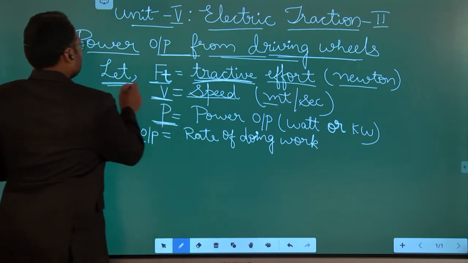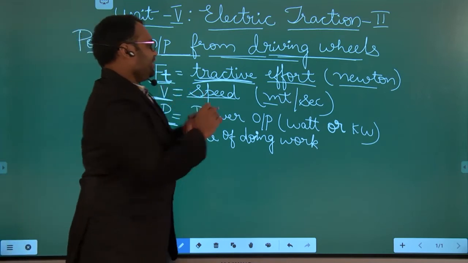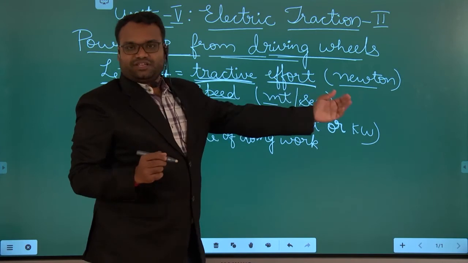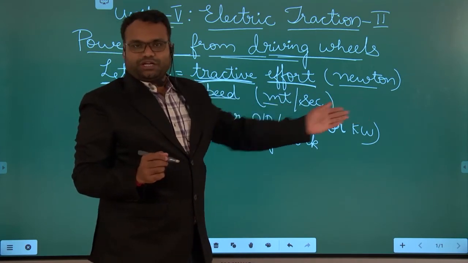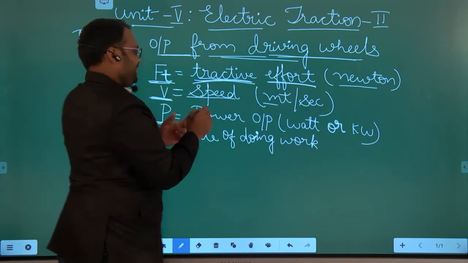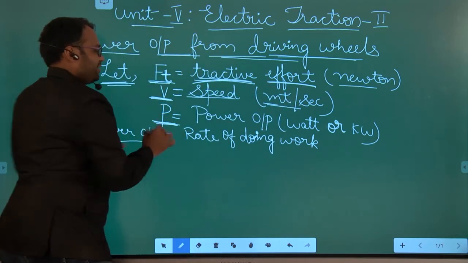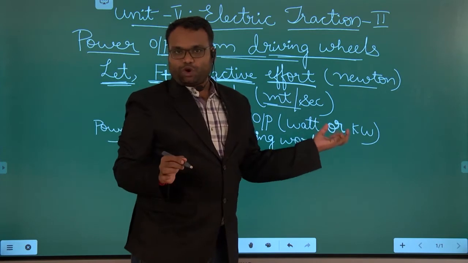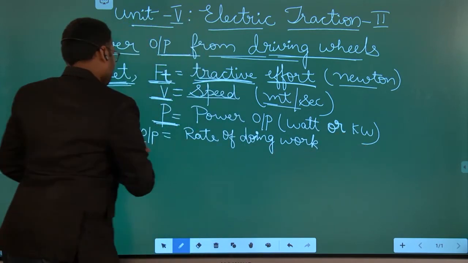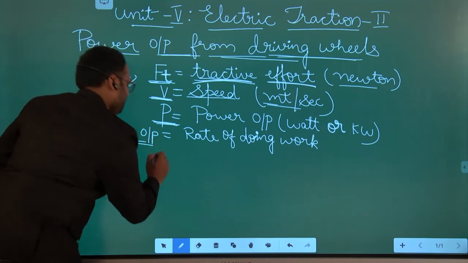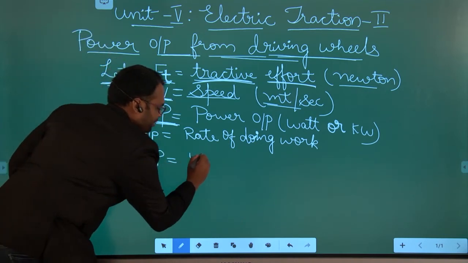Let Ft be the tractive effort, in units of newtons. Next, V, that is the speed, in meters per second. Next, P is the power output, in watts or kilowatts. Now we know that power output is nothing but the rate of doing work, that is P is equal to work